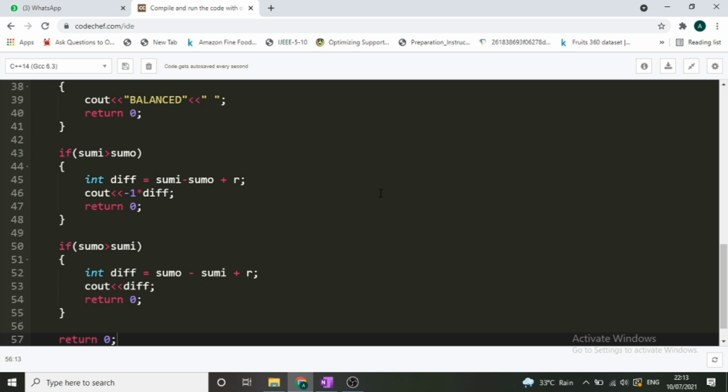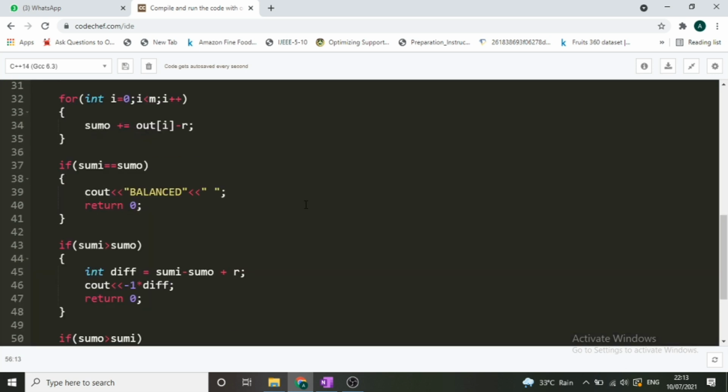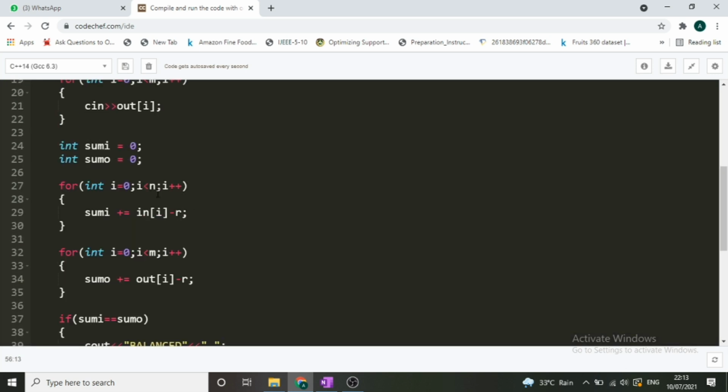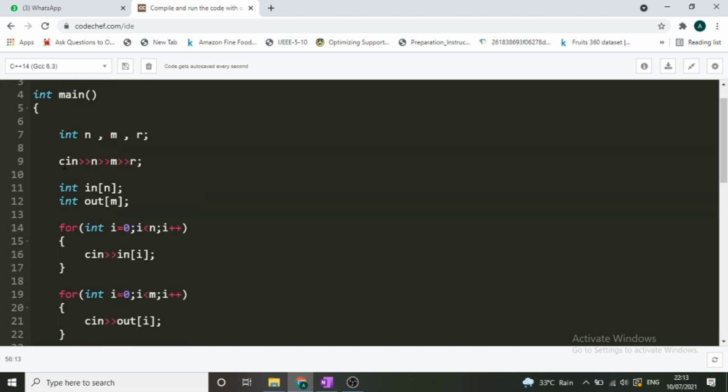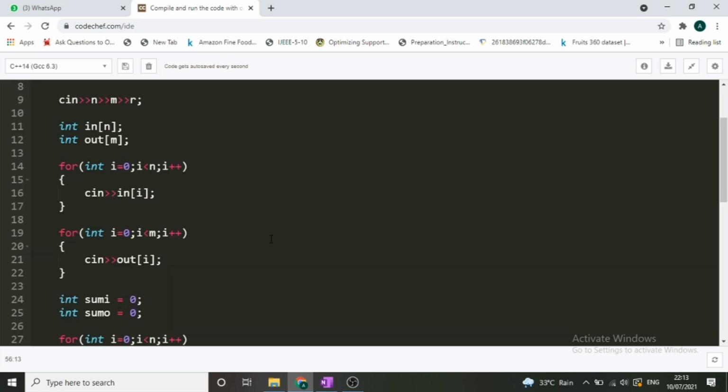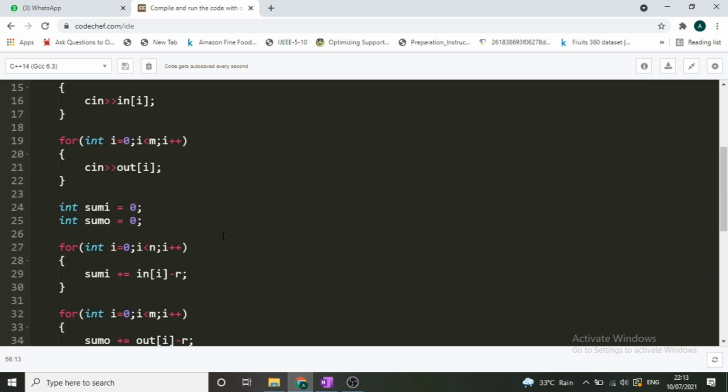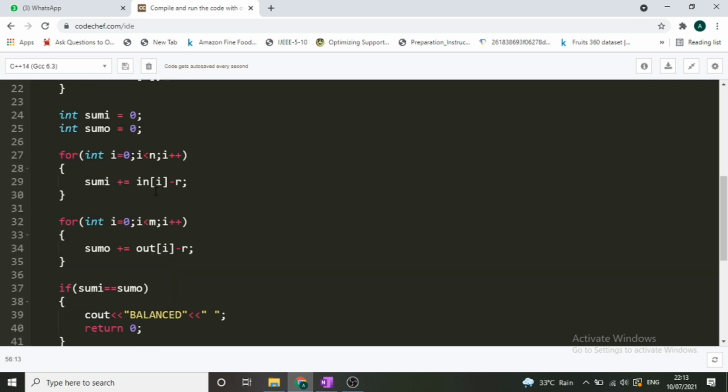This code is in C++, but guys, the syntax is similar to Java, but there are 2 or 3 places where you will have to change your code. That will be, instead of cin, you will be using the Scanner class, or while declaring the array you will be using the new keyword. So these are 2 or 3 places only where you have to make your changes, else everything is similar in Java code also.